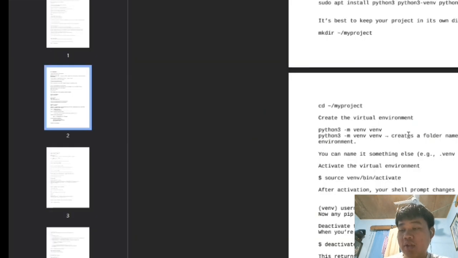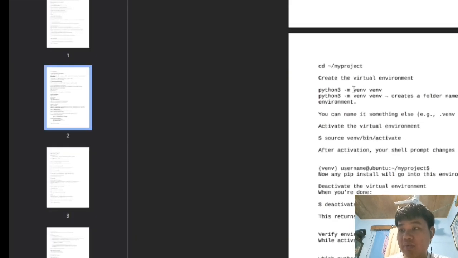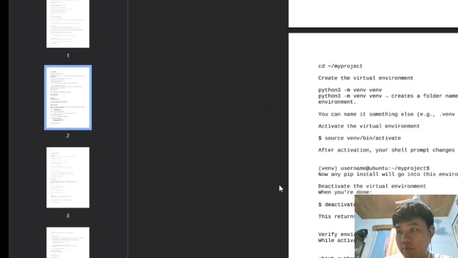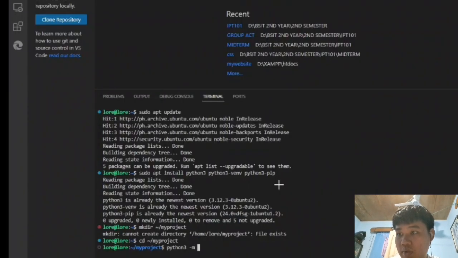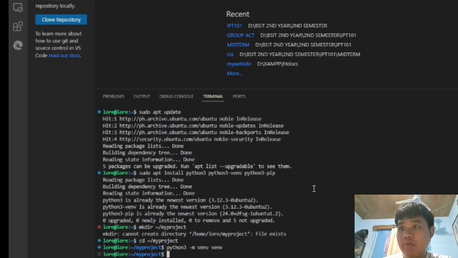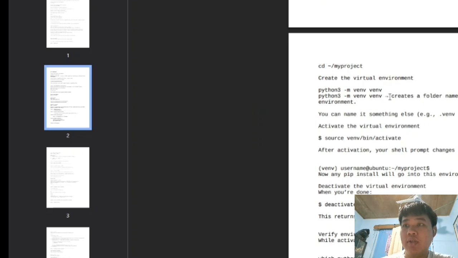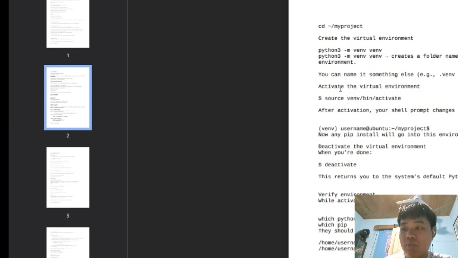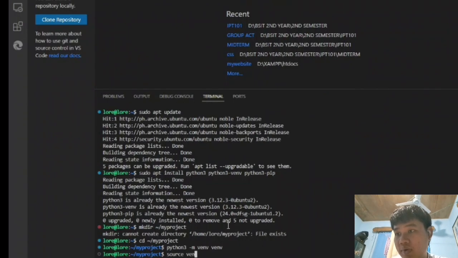And then after that we will make our new Python 3 virtual environment. We can create it with our new folder name, which we will name venv. Then we have already made our folder named venv, and we need to activate our virtual environment, which is we will type source venv/bin/activate.